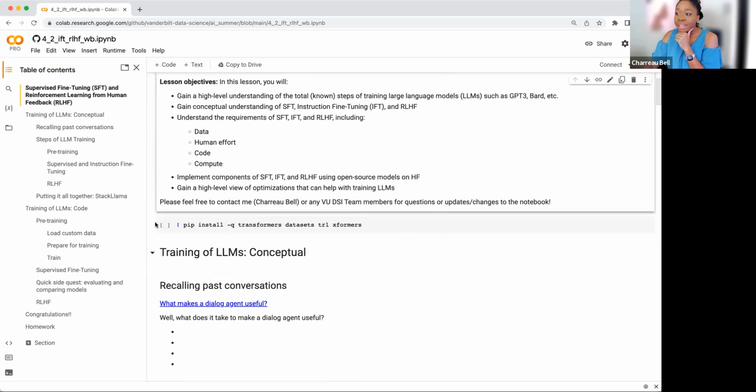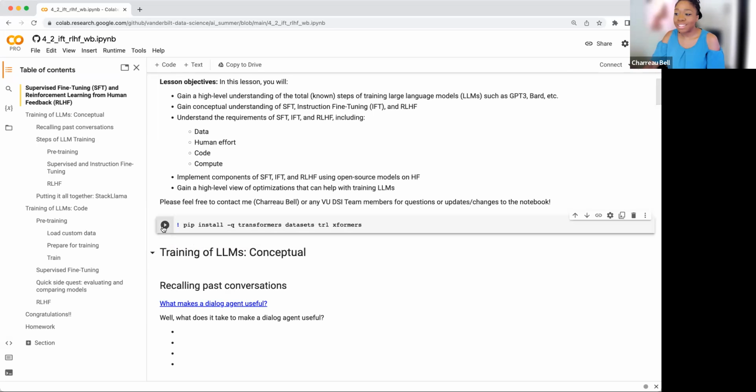So let's start by just installing our packages that we're going to need. We'll talk about what these are later, but you already know Transformers, that's coming from Hugging Face, and datasets, which is also coming from Hugging Face, which gives us access to all of this great functionality that's offered through Hugging Face. These last two are to help us, one with training and another type of reinforcement learning training offered through Hugging Face. Okay, let's run it.